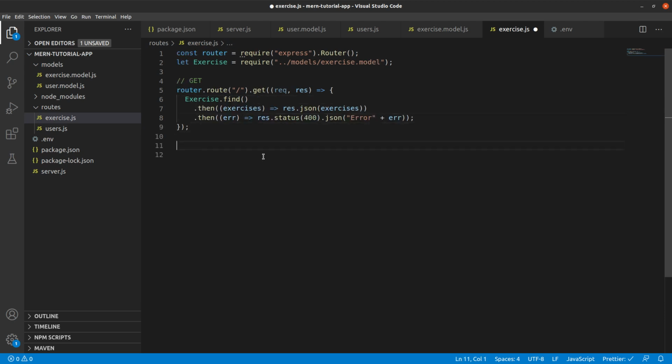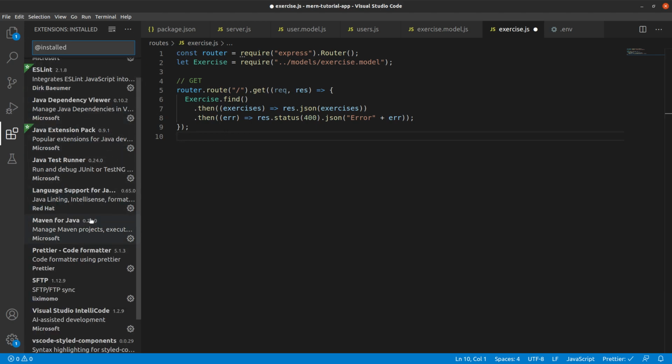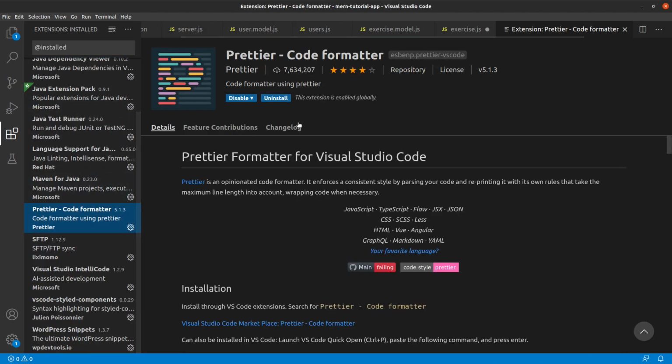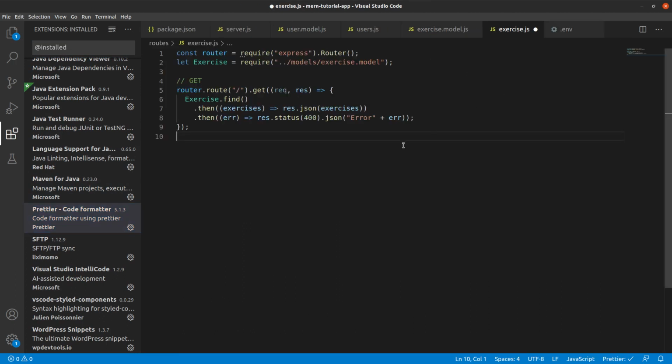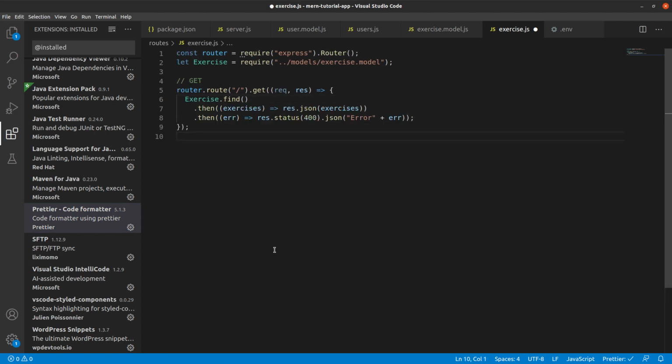Okay. So here I am auto formatting the code using a plugin. If you want to install it, its name is Pretty Code Formatter. Okay, so you can install this particular plugin, and whenever you hit Control Shift I, the code is going to automatically format. Okay, so suppose the code was like this. If I hit Control Shift I, the code is automatically going to format itself. Okay, so yeah, I just wanted to share a tip.